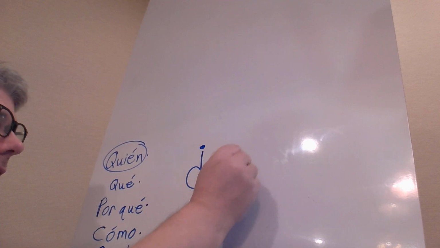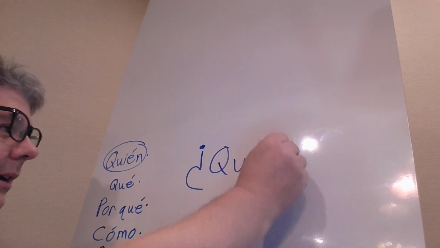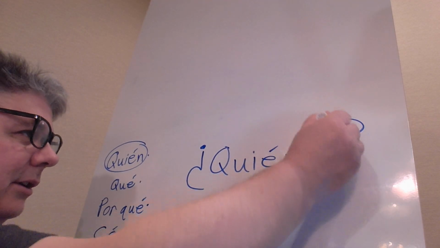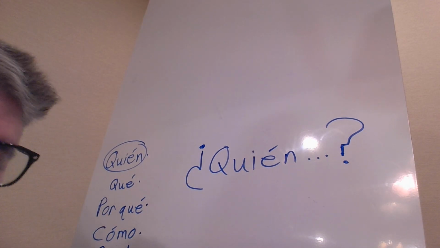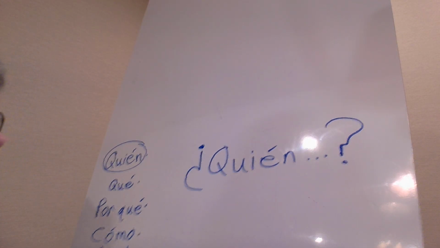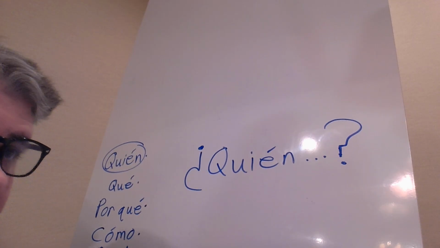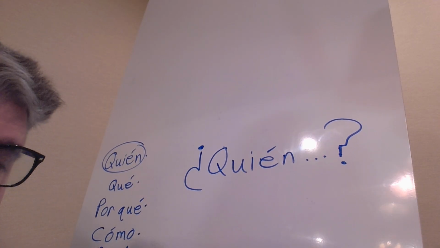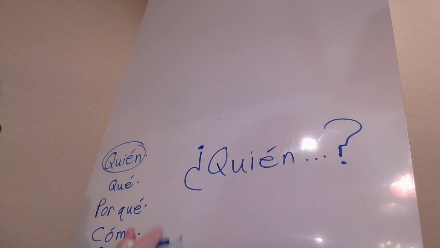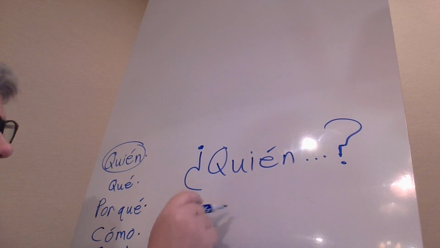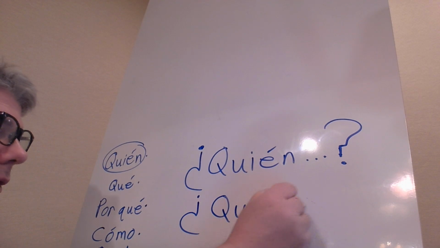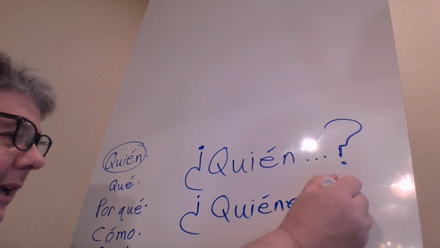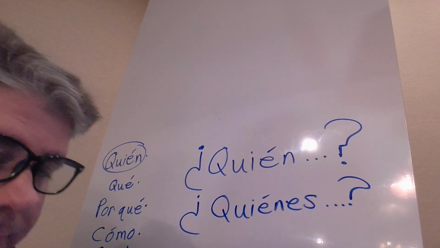So if you say a question like quién, and then at the end there's a question, quién. Quién means who or whom. So, ¿quién va a ir a la película con nosotros? Who's going to come to the movie with us if we're going out as a group? Now, that's for the singular. If you wanted to say plural, you'd say something like quiénes, and most likely it would be like quiénes son.